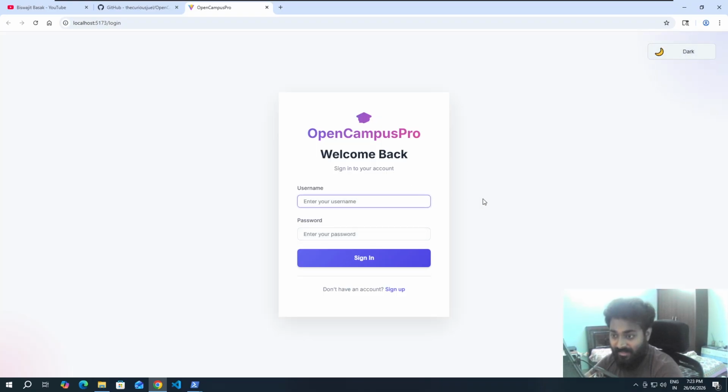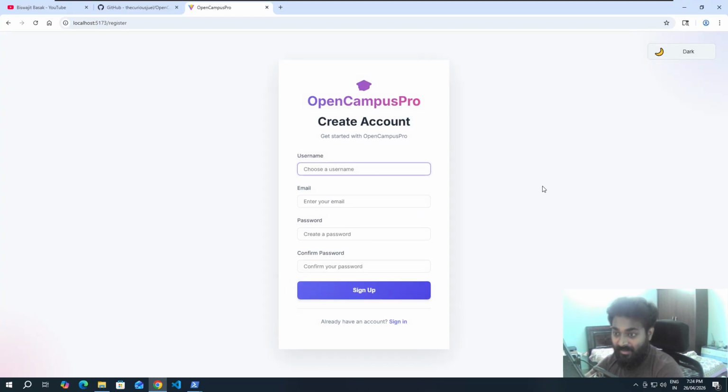Okay, and username and password. The application is currently fresh, so there is no username and password. So we'll just do a sign up. Now I will put a username as Vishwajit. Email I will put as vishwajit@email.com. Okay, my password I will keep as 1234 and confirm password 1234, just for the demo I'm showing. So if I just do a sign up,